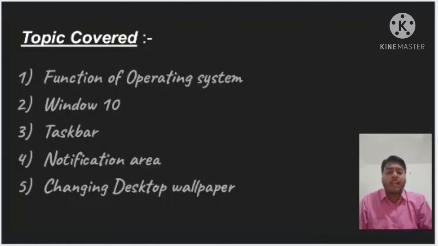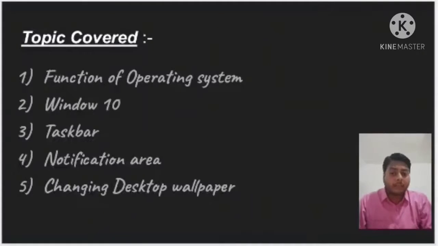One student asked a doubt in the comment section: sir, what is the difference between Windows 1 and Windows 10? There is nothing any difference, but this is the advanced version of the operating system. Okay, Windows 1 is the first version of the Windows operating system, then it advanced, that means some features were added, then the name changed. Okay, that means Windows 1, Windows 7, Windows 8, Windows 10.